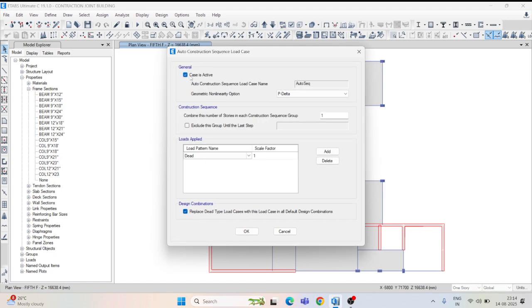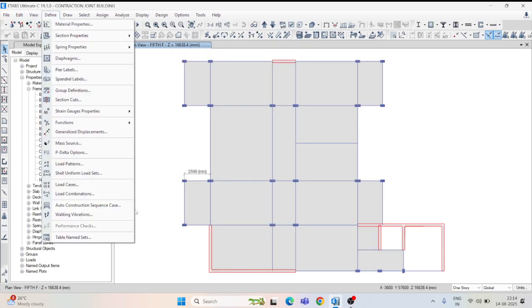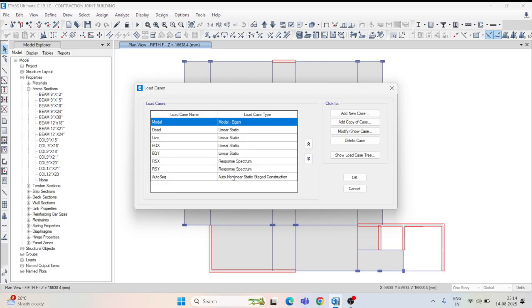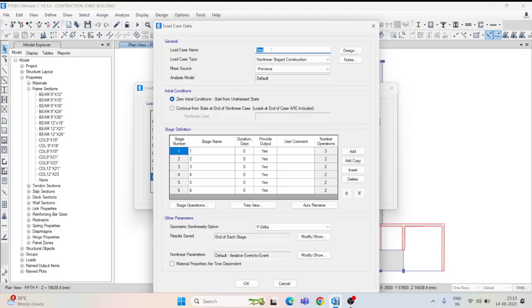This case is active, auto, just click OK. Now again go to define, go to load cases, and here just click and go to add copy of case, and here you have to write creep analysis.